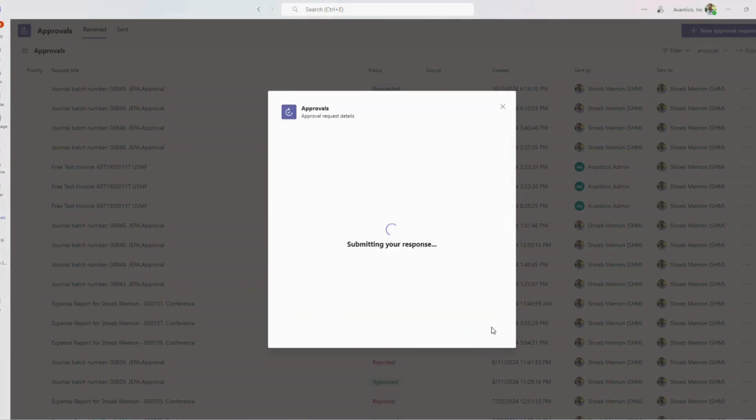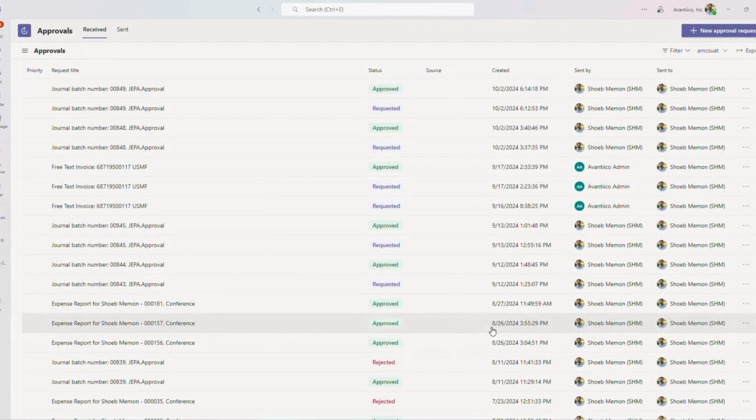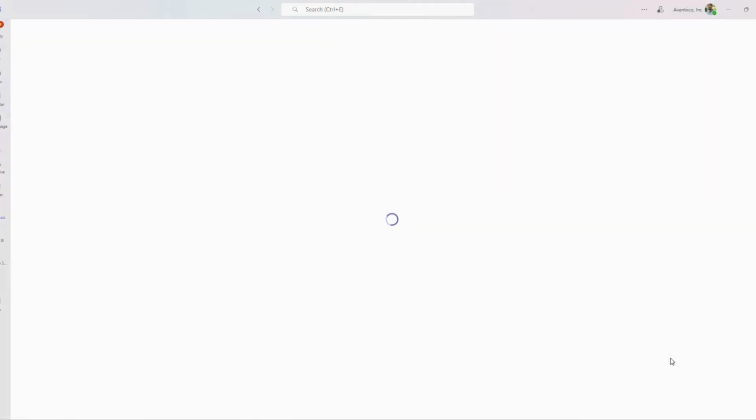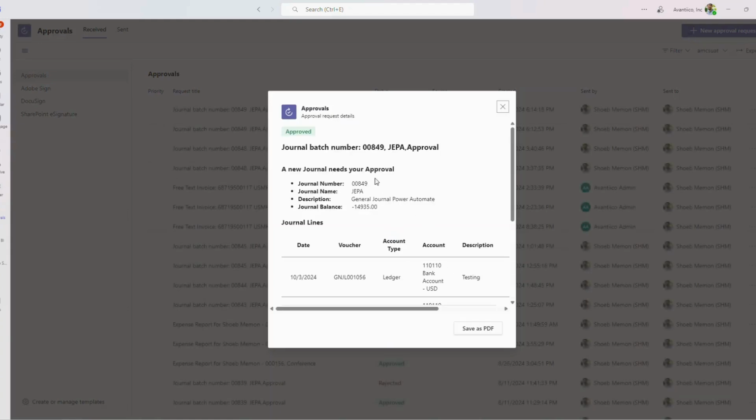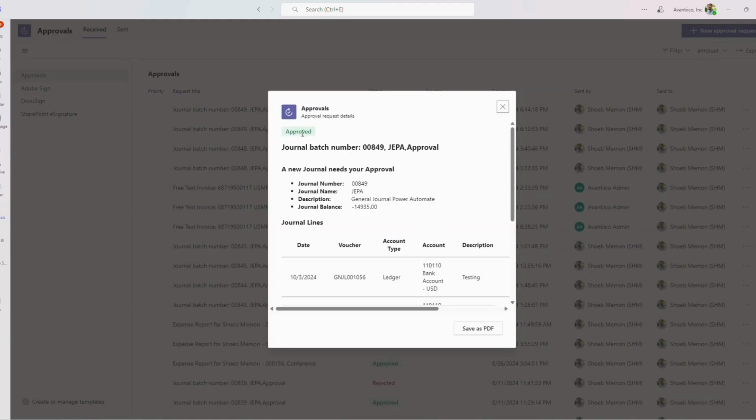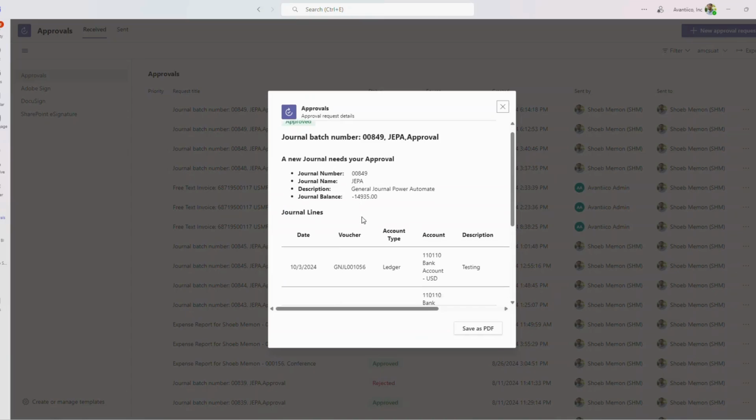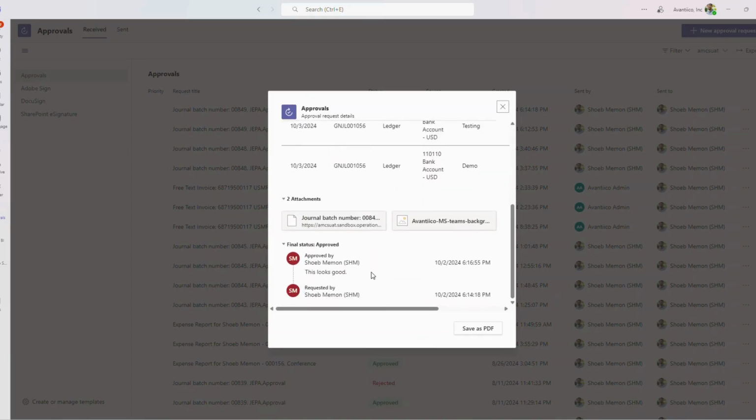When I click approve, the decision is automatically captured and sent back to Dynamics 365. The system will also notify the requester and the approver to let them know the request was completed. Notice how the approver never had to log into Dynamics 365 at any point during this approval process. This removes the need for costly licenses for users who are only going to approve transactions.